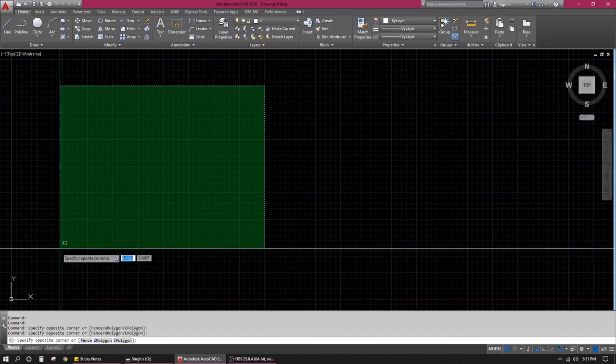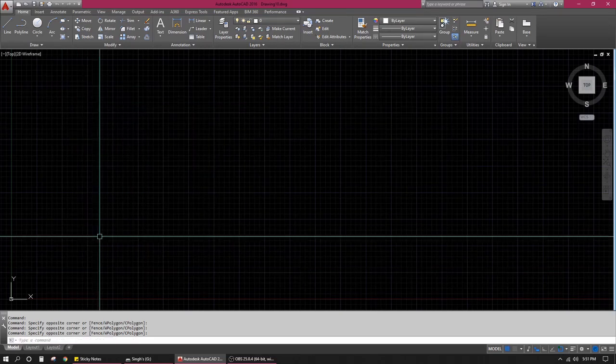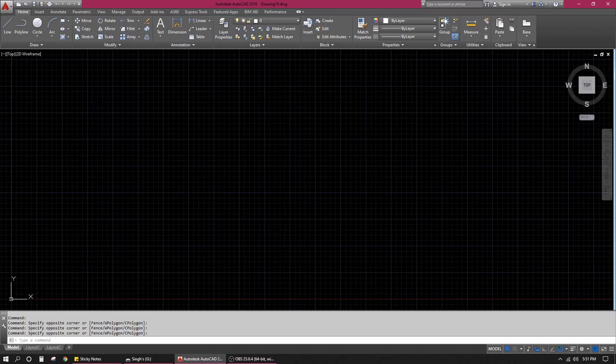Before we start drafting, we need to know the basics of this tab. For example, what units will we be using? How many save iterations will we have to make? What format is the file getting saved in? To know all this, let's jump into the options dialog box, which I get by pressing OP and Enter.